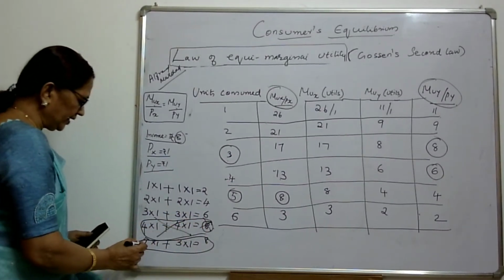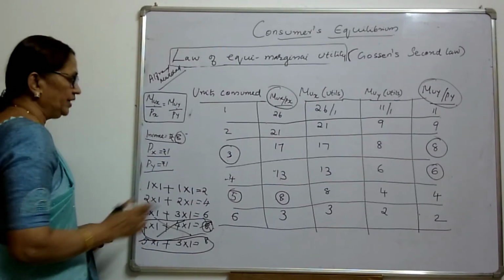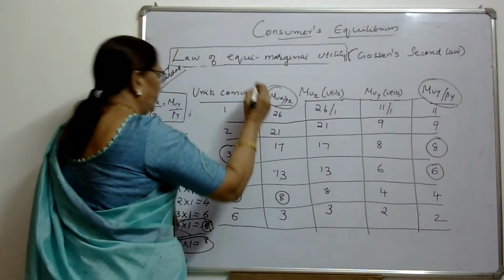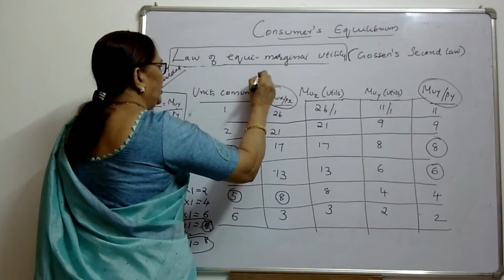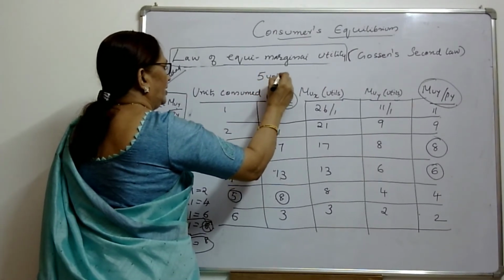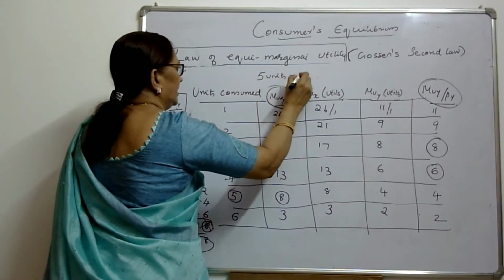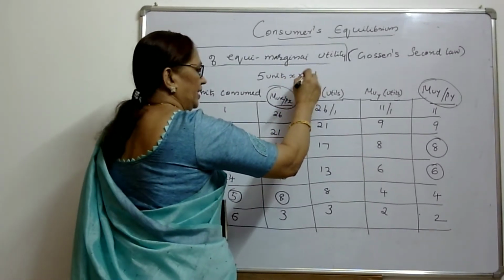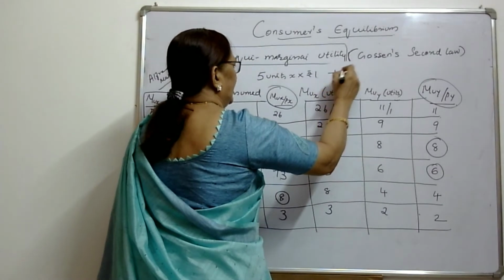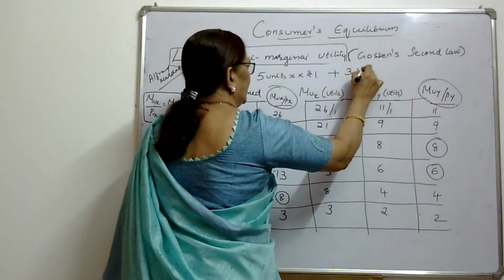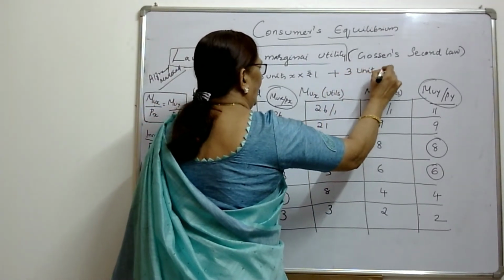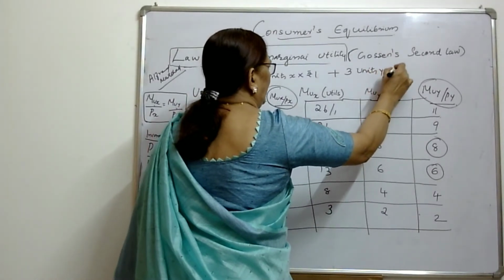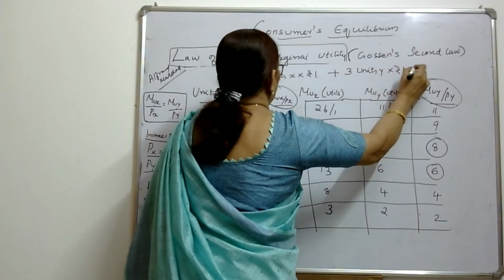When the consumer consumes 5 units of good X into the amount he is paying, 1 rupee, plus 3 units of good Y into the amount spent, is equal to